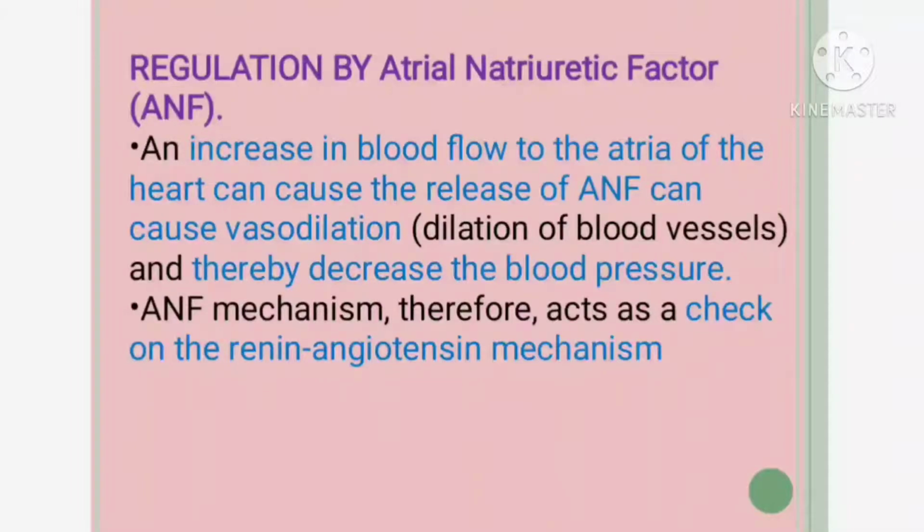Right. Now another thing is that with the renin angiotensin mechanism, the blood pressure cannot remain that long in an increased state. If it goes on increasing, then it can cause damage to the kidney. So in order to bring it back to normal, it has to be done by some set of hormones or some set of structures, right? So who is doing it? It is carried out by the heart. In the heart there is a factor which we call atrial natriuretic factor. Atrial natriuretic factor. So ANF, atrial natriuretic factor.